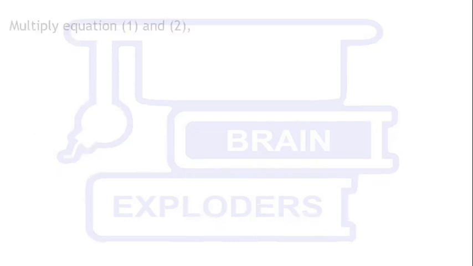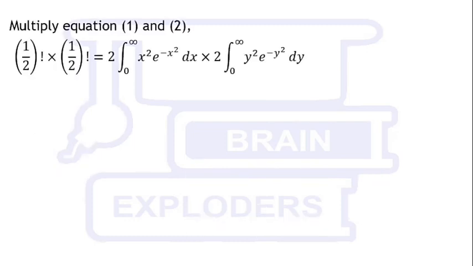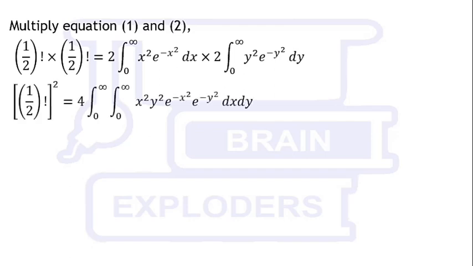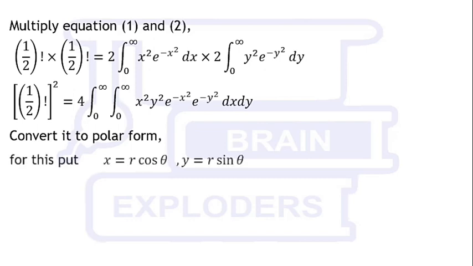Multiply equation 1 and 2. Since x and y are independent of each other, we can write it as a double integral. Don't worry if you are not familiar with double integrals, because we are not going to use any complicated property of it. Just convert it to polar form. For this, we put r cos theta, r sin theta and r dr d theta in place of x, y